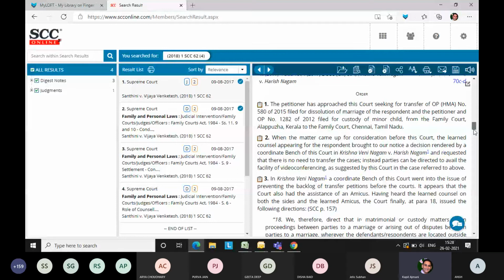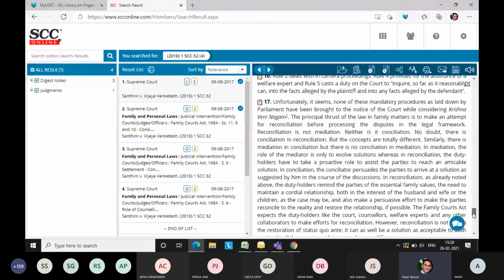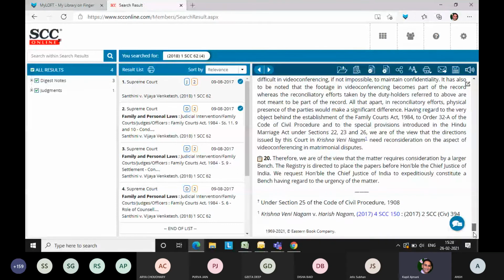Now, one more thing I would like to draw your attention to. Where we have a larger quorum, I'll be able to show you that there are some footnotes which are coming. What happens when the quorum is big is that a judgment may come from one respected judge, and there are some other judges who will have a concurring opinion about that. So we are mentioning the same superscript. I will show you how it can be done